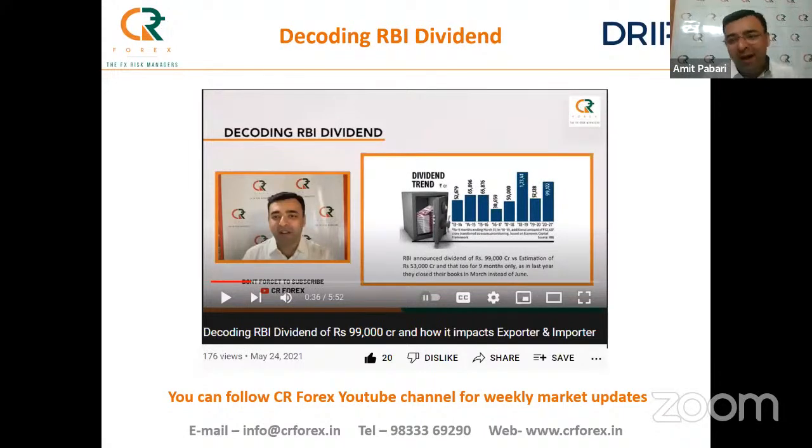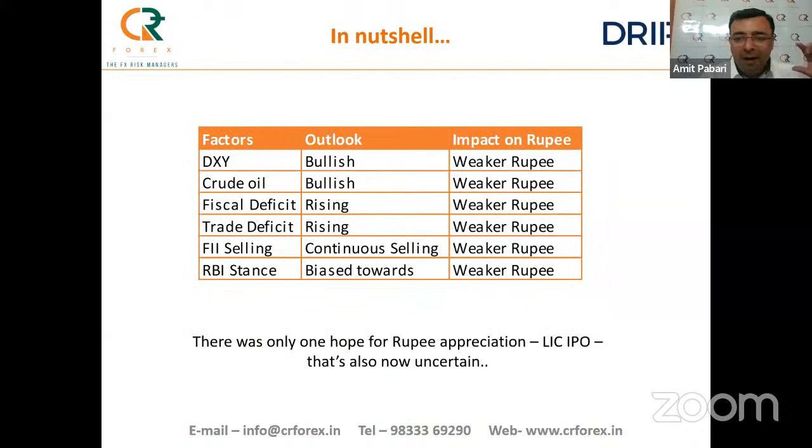इसीलिए जो भी फ्लो आया they observe. तो ये दोनों चीज का समरी किया है कि आरबीआई होना बाय डॉलर रूपी. सब फैक्टर हमने देखा, सब वीकर रूपी को इंडिकेट कर रहा है. एक ही होप था रूपी अप्रिसिएशन के लिए, एलआईसी का आईपीओ. अभी वो भी अनसर्टन है. ये तो हो गया वीक रूपी वीक होगा. एवरीवन मस्ट बी थिंकिंग